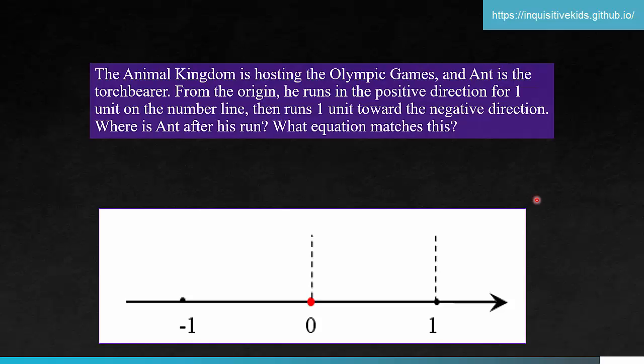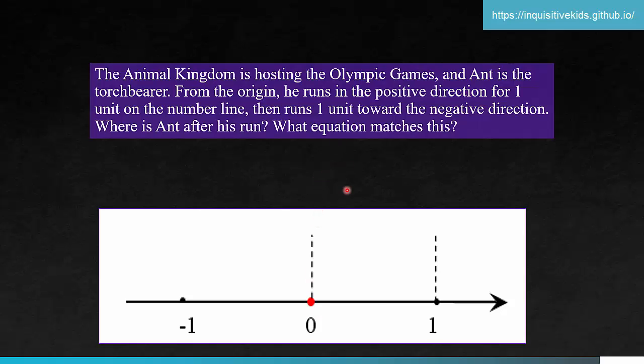The animal kingdom is hosting the Olympic Games. An ant is the torchbearer. From the origin, he runs in a positive direction for 1 unit on the number line. He runs 1 unit towards the negative direction. Where is the ant after his run? What equation matches this? So what the problem is saying is that the ant is at the origin, here at the 0,